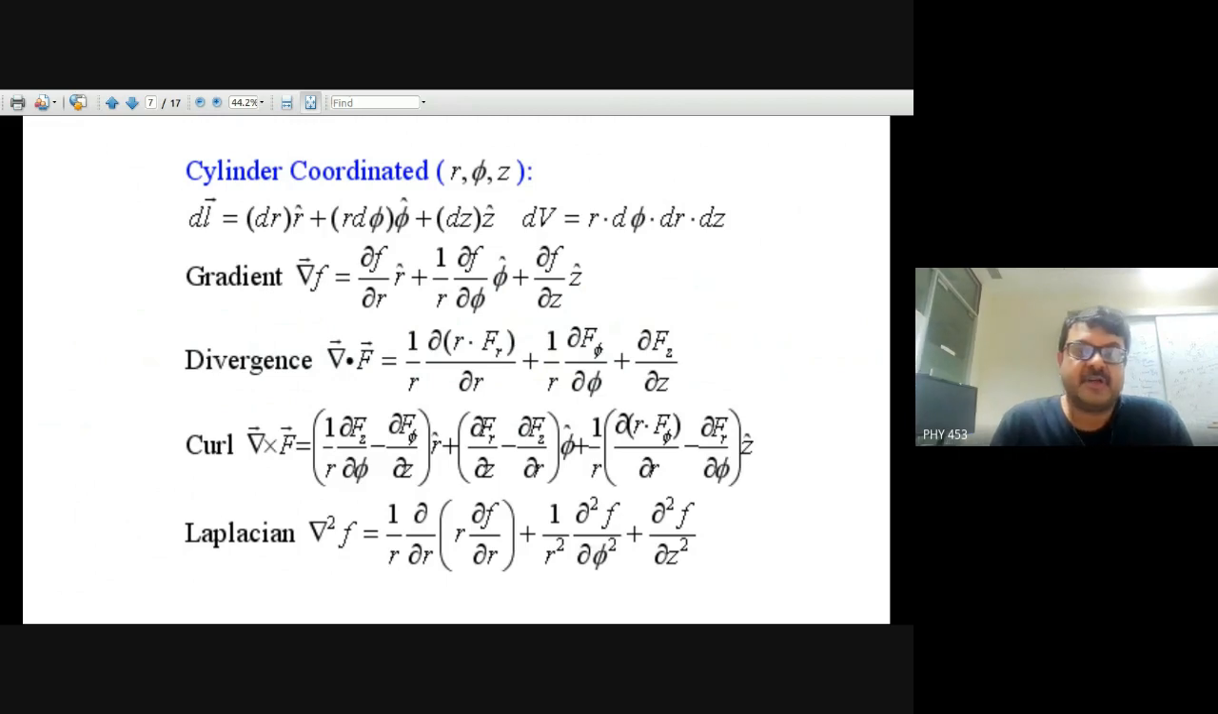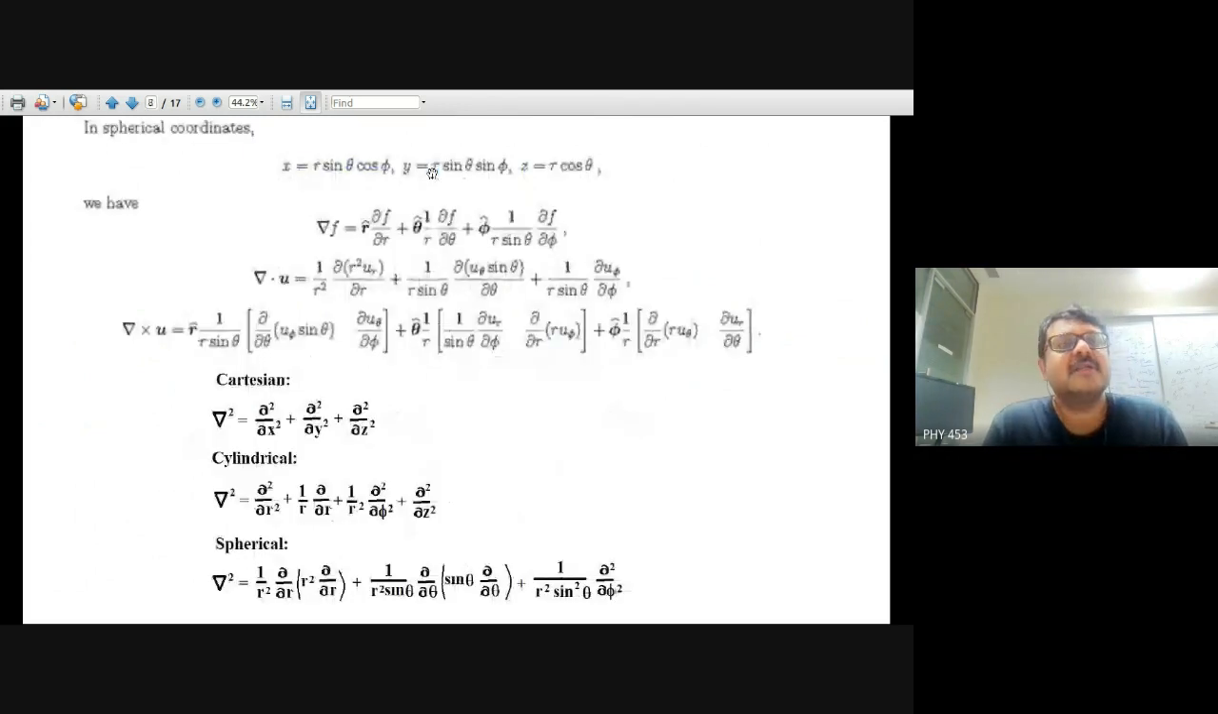Just for ease, I have written down the gradient, divergence, curl, Laplacian in cylindrical coordinates. I've copied it from somebody, from some place, and I already see that there are spelling errors. And similarly, gradient, divergence, curl and Laplacian in spherical coordinates, which you can quickly refer to, and even I can refer to